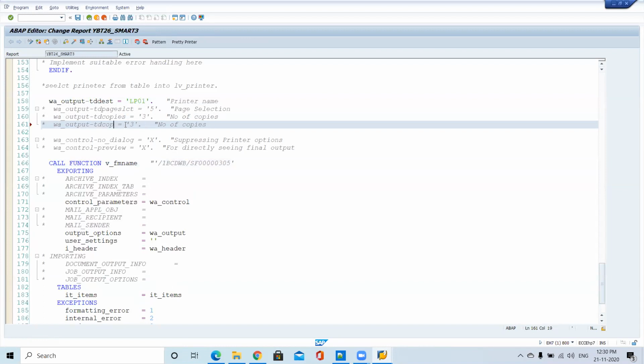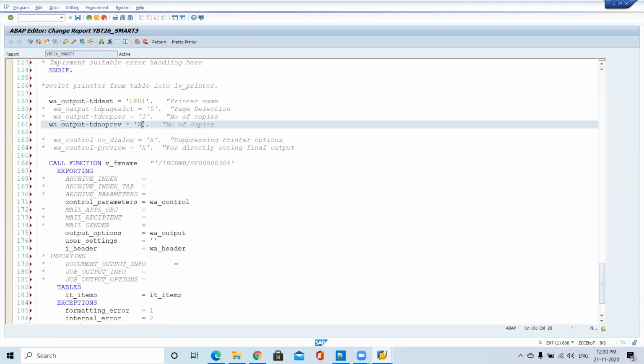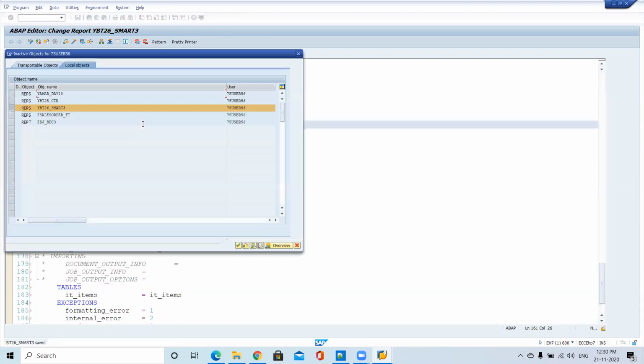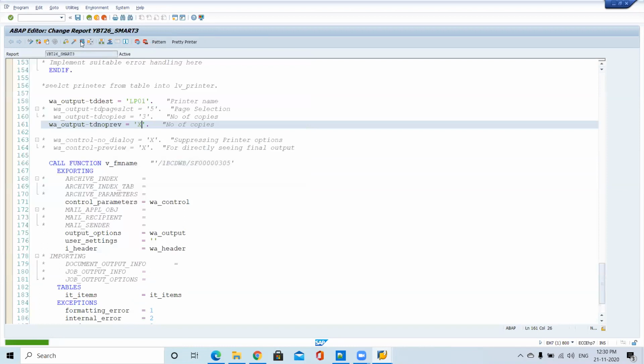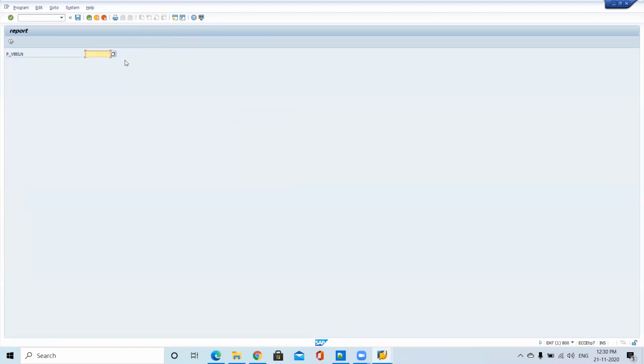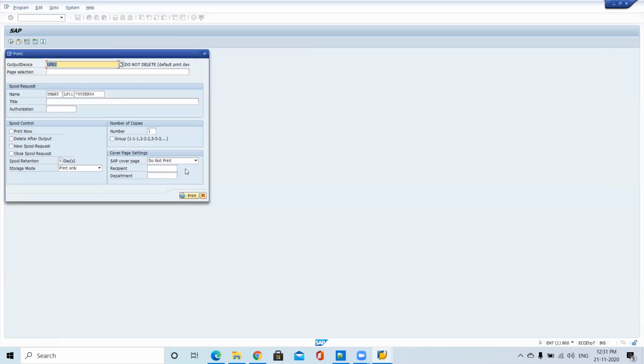So what I want to do, no preview equal to X. We are telling X, I don't want the preview. So now the preview option is disabled.